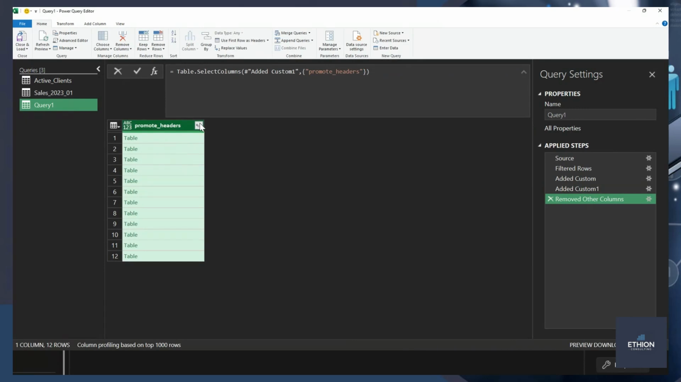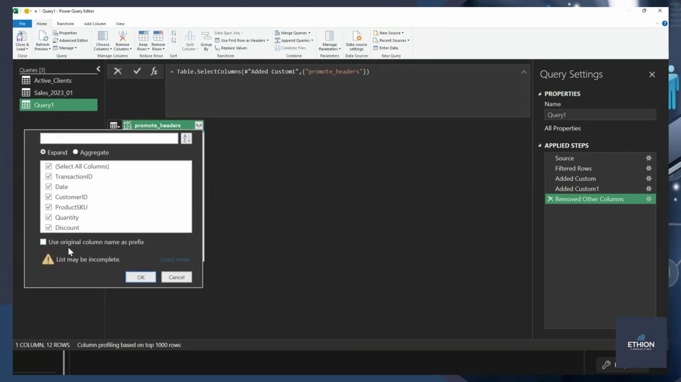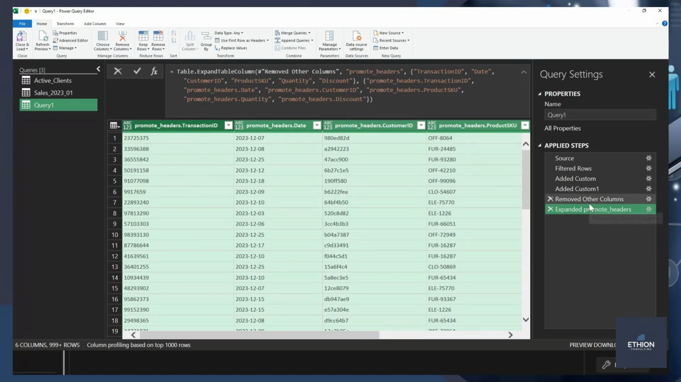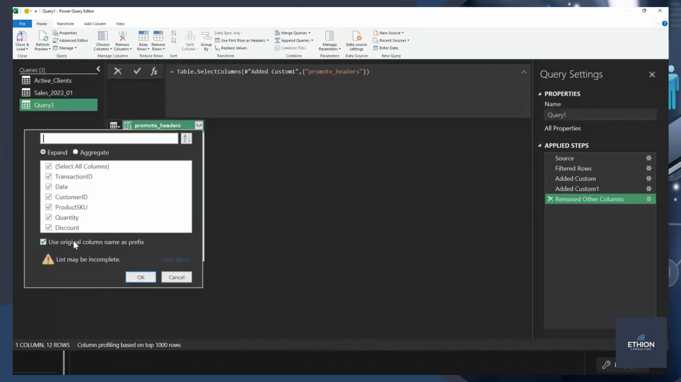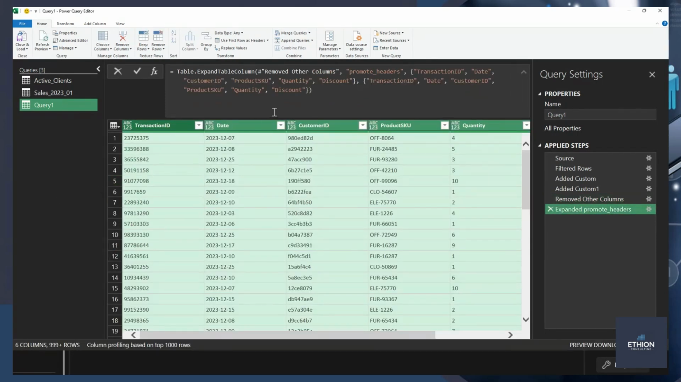So now that I have this one, I can just expand this. I don't want to use original in the name, because then that will just add, let me just show you what that would do. If I do that, it's going to add the original column name, which was promote headers, dot, and then the column name that existed in the table. We don't want that. We actually want to uncheck that and then just use the original names. So now that we have a proper name for the columns, Power Query will use the actual name of the columns in order to combine them. So it doesn't matter if one of the columns had transaction ID at the beginning or at the end, it will always use the proper information from that